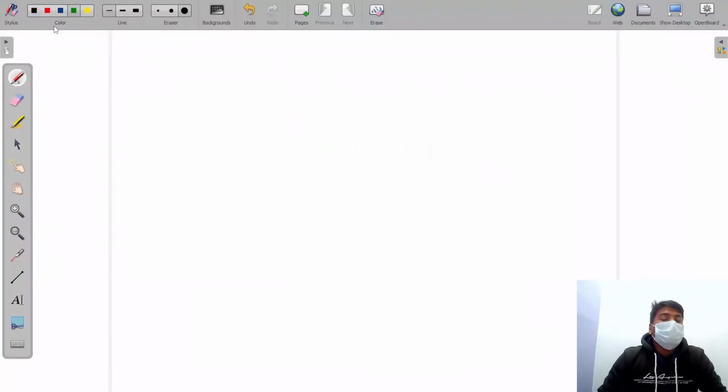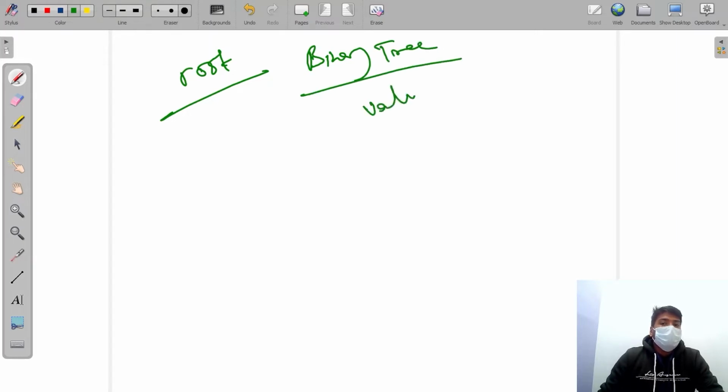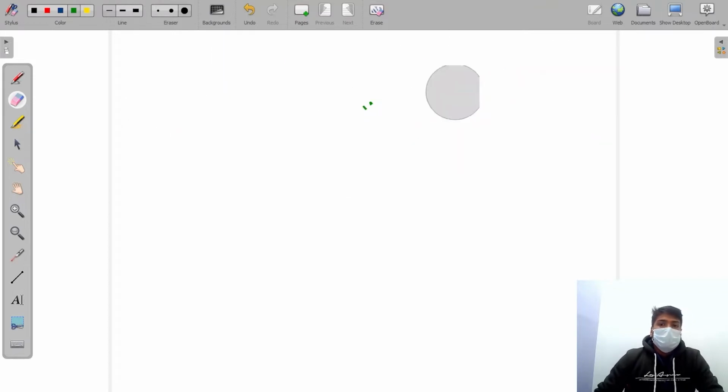So in this question, what will be given to us is a root of a binary tree. Okay, so think that a binary tree will be given to you, and after that a value and a depth. These two will be integer. Okay, so this kind of input will be given to you, and what you have to do is the question statement is saying that if I tell you the statement is